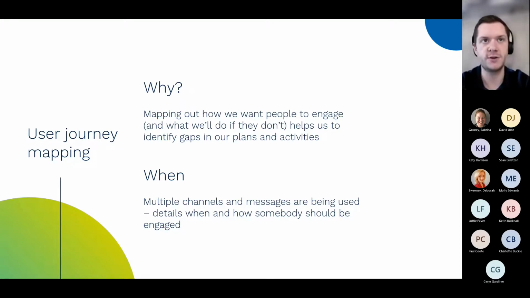On the flip side of that, they do click it, they go onto the website, but they don't fill in the form that we want them to fill in. Why haven't they filled that form in? Why haven't they downloaded the report? Why haven't they booked a demo or booked an inquiry or discovery call? We need to think about what that journey is going to be.